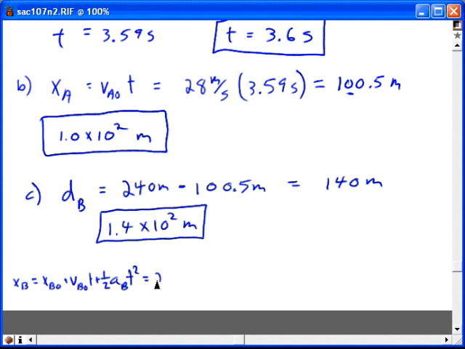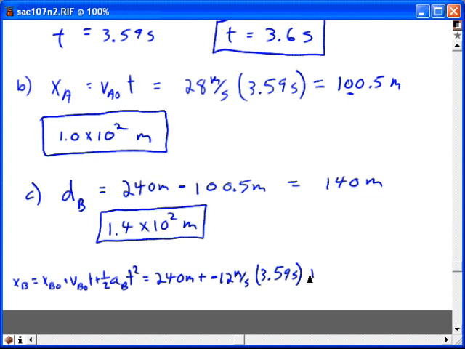Substitute the values. It was 240 meters plus the VB0 was minus 12 meters per second, and then I'm multiplying that times T, the special time under consideration, the 3.59 seconds, the so-called collision time,